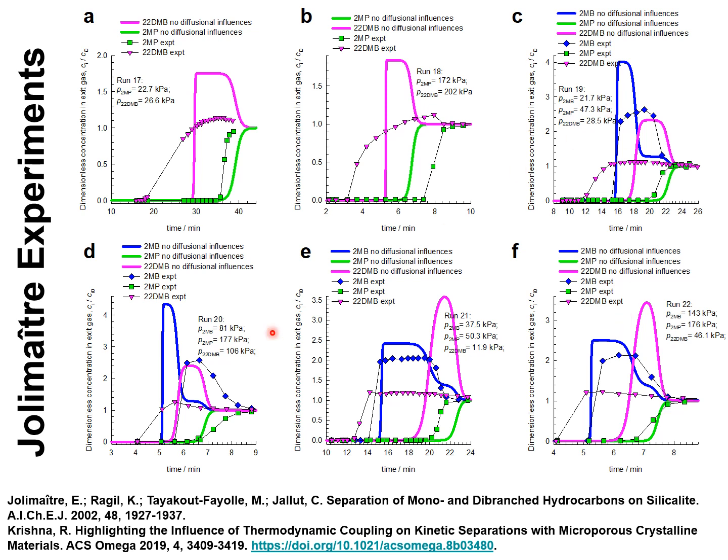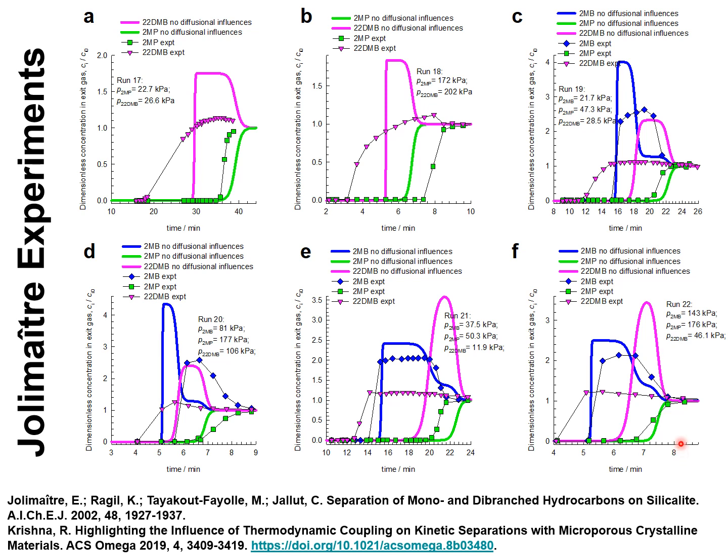In all 4 experiments, the component to elute first is 2,2-dimethyl butane that has the lowest mobility within the intersecting channels of MFI zeolite. The component to elute last in all 4 experiments is 2-methyl pentane that has the highest adsorption strength